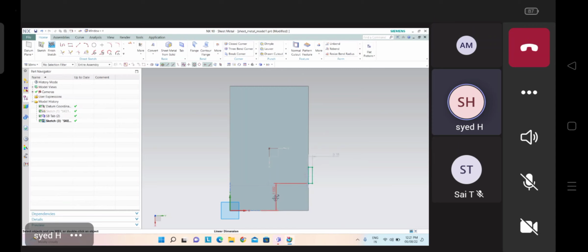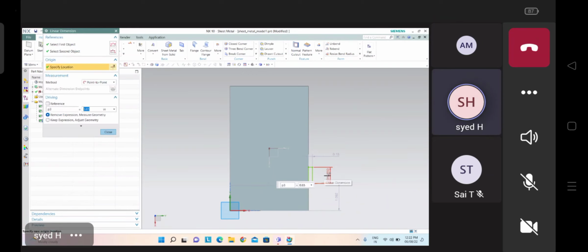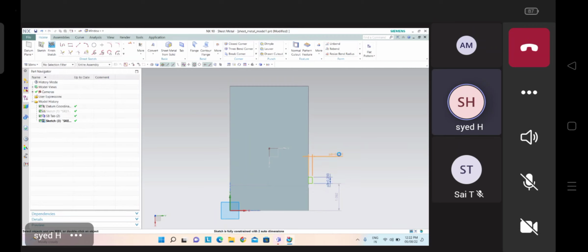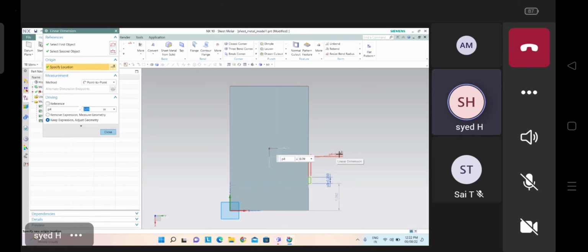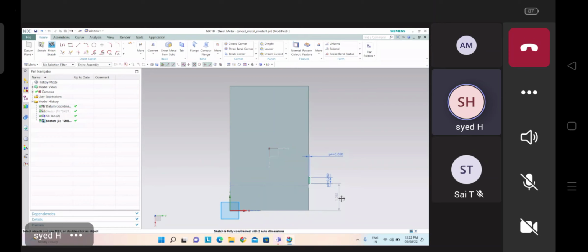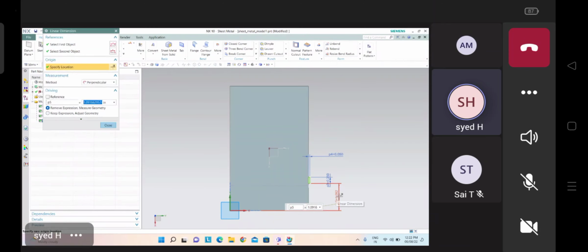Usually why we will create this kind of tabs here, means for locating the object. For locating purpose we will create it. So for example, this card is going to fix on the other part. So in that case, where it will exactly place, for that purpose we are giving this locating tab here. This value should be around 0.25, this one 0.09, 0.05 for example, and this value has to be